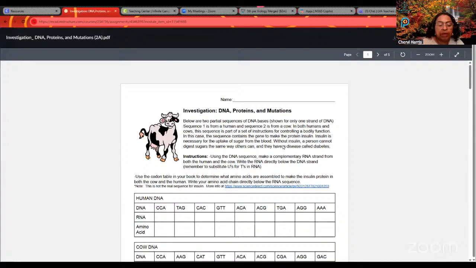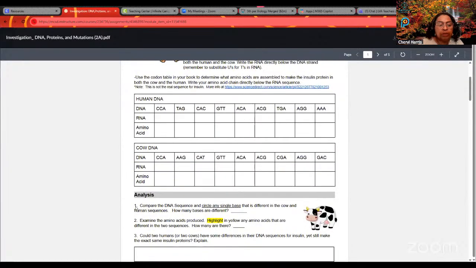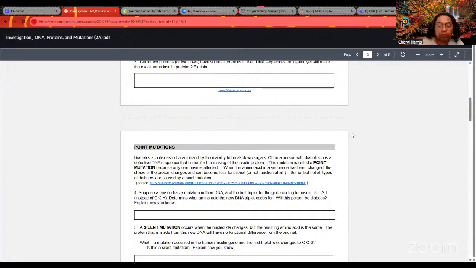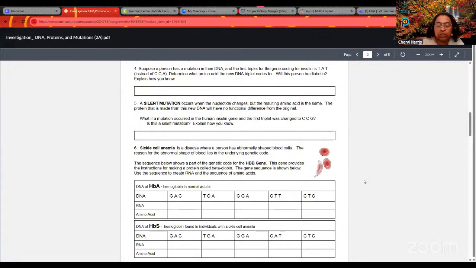All right, but just make sure you have this worksheet down. We've completed the whole first page, questions 1, 2, and 3, and I think we got as far as doing point mutations. But I'm going to start from here, and we're going to get through this page together. All right, but before I do that,